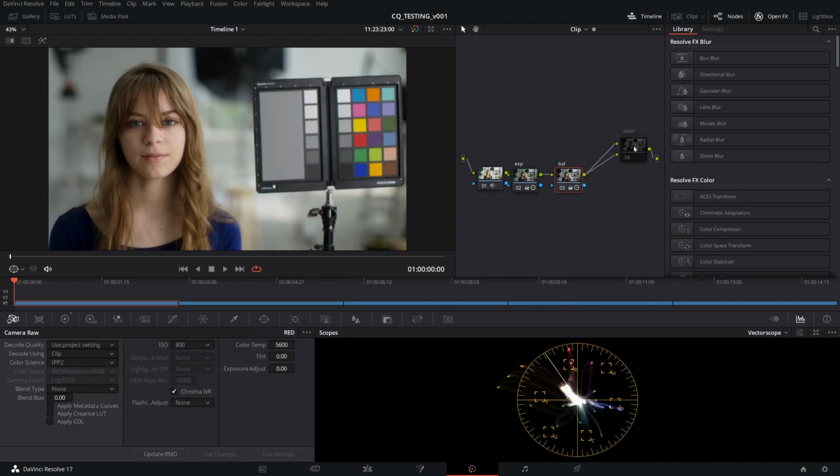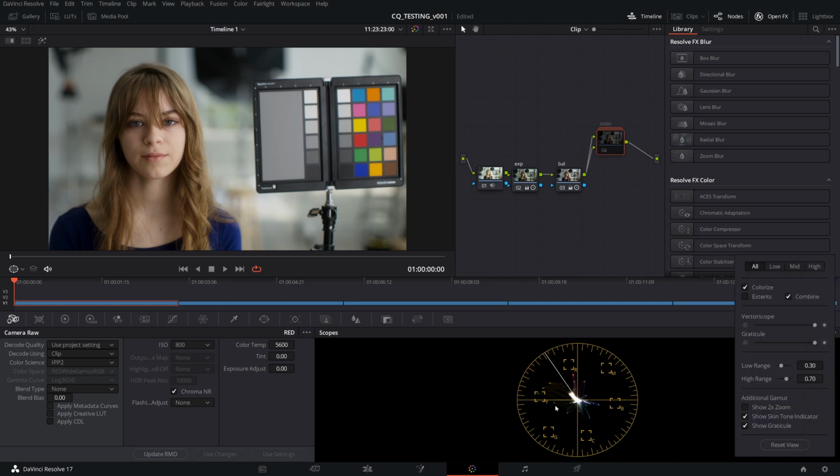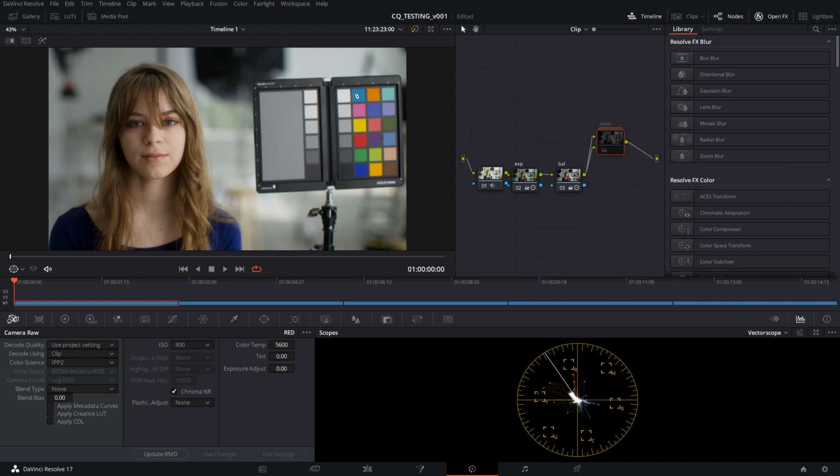So the next thing that I did was I graded this one to look more like I preferred. And part of that is to decrease the saturation in a bunch of these areas. Some of these colors were just a little too saturated. So I'll turn this on so you can see what I did. So we'll go full frame now. This is before, after, okay? So what I was trying to do was I wanted to keep the original Rec 709 look